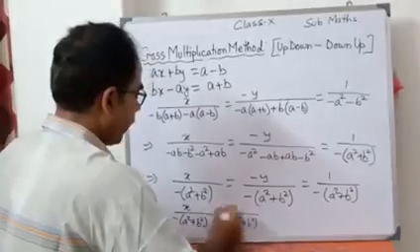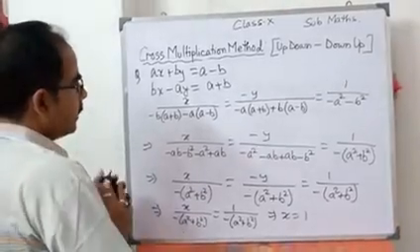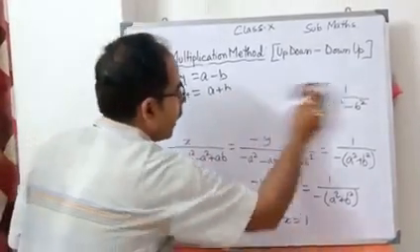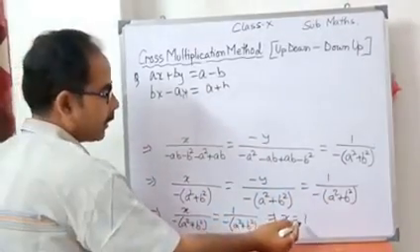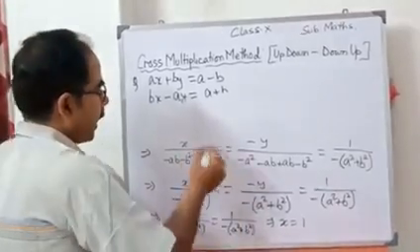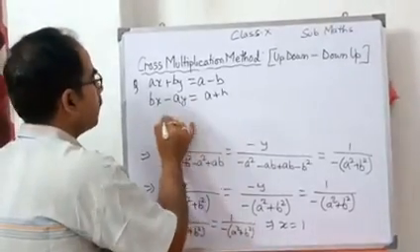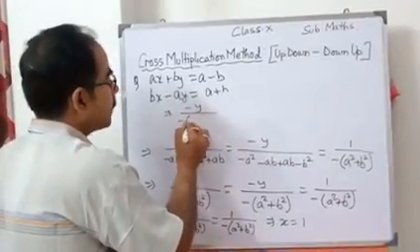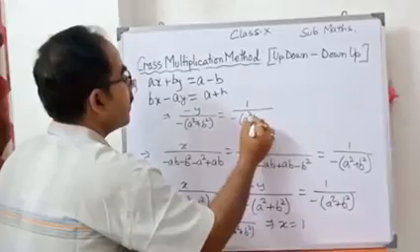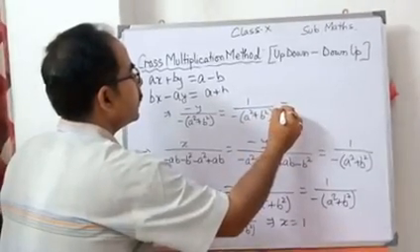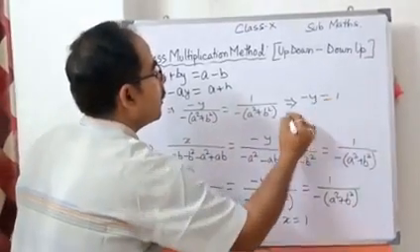So from here you can calculate that x equal to 1. In a similar way, here we have taken the first component and the last component, equated them and got the value of x, that is x equal to 1. And if you are taking the second component and the third component, the last component, what you are getting? Minus y by minus of (a square plus b square) is equal to 1 by minus of (a square plus b square). So that is equal to minus y by, both are the same here, so minus y equal to 1.